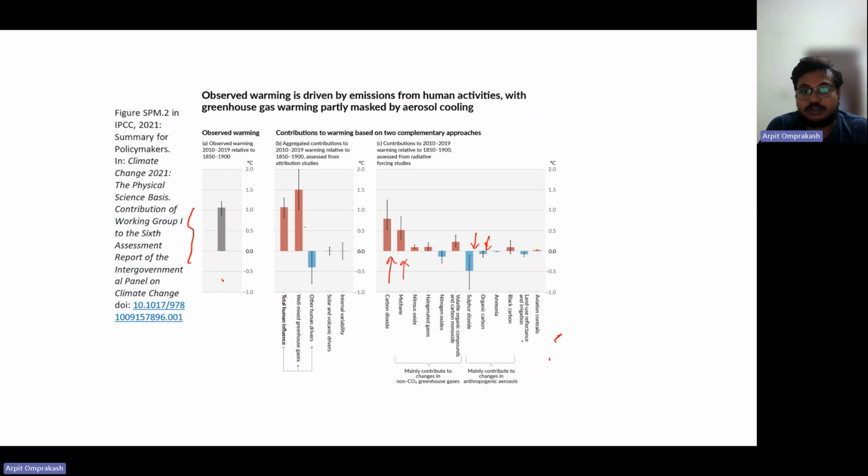Because there's a lot of things that are basically negative, right? And what they were able to identify in this is basically that human influence, human activity, human emission of these greenhouse gases and other things were partly masked by the cooling provided by different aerosols that we release, right? But these might be things that are happening on a local or regional scale, because the aerosol concentration, as we talked about earlier, varies quite a lot, right?